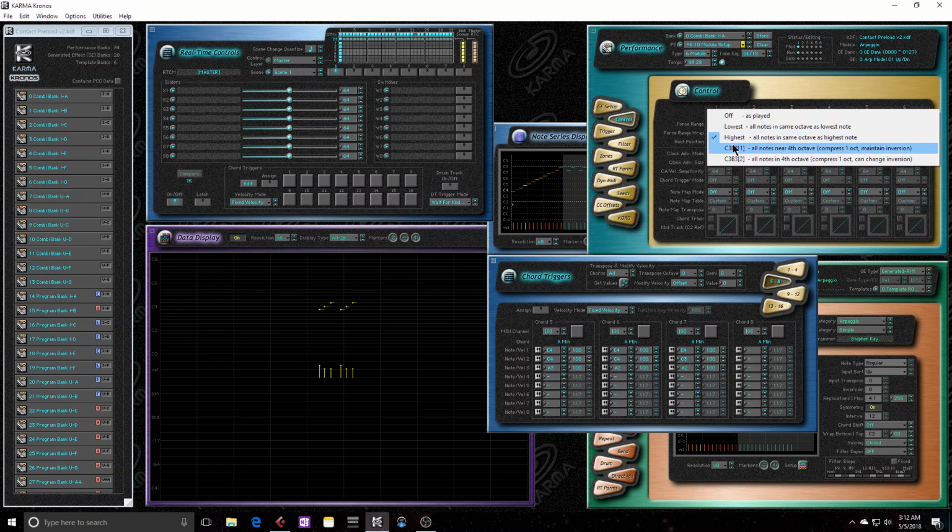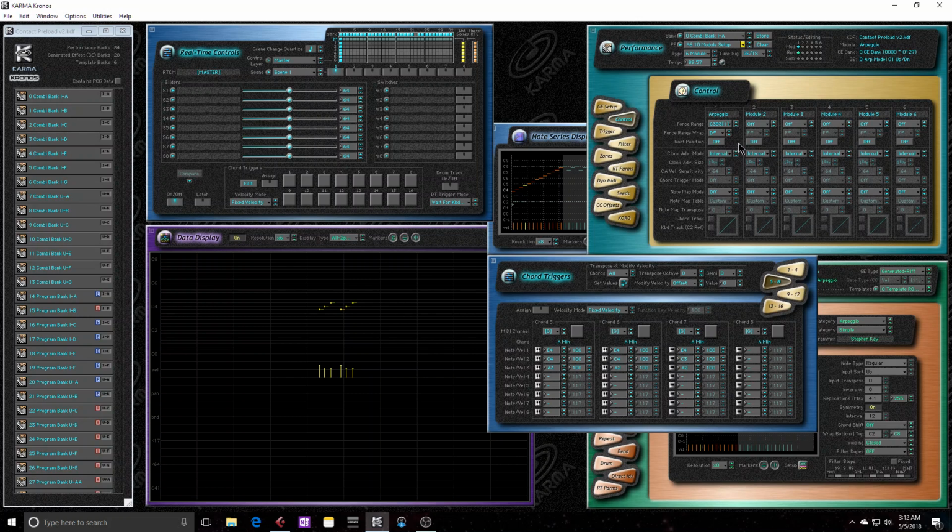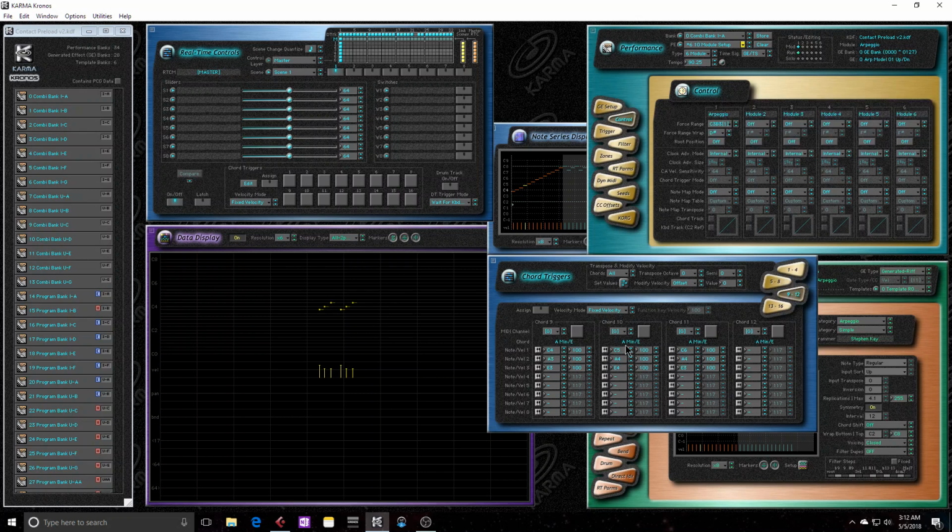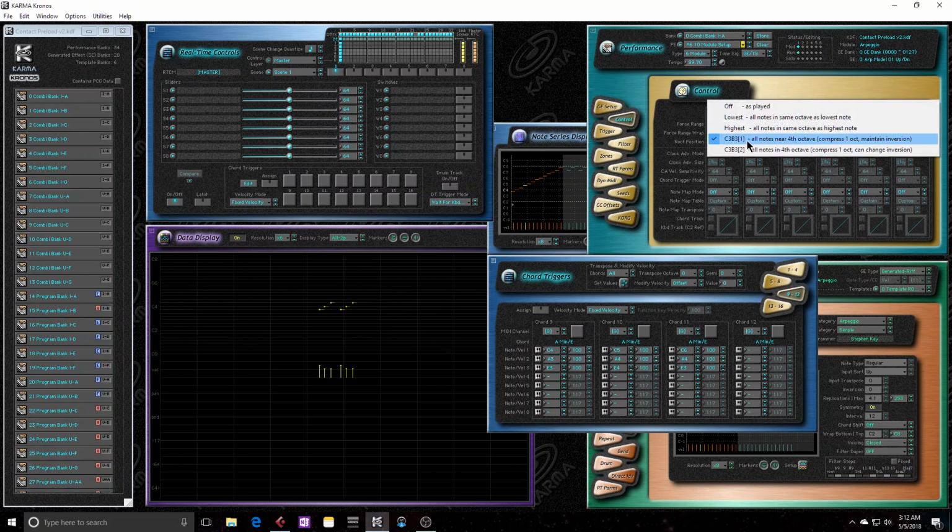The next parameter is probably the trickiest one to understand. It's the only one that uses this force range wrap parameter, and I'll explain what this does in a second, but first I'm going to explain the other parts of this. So it has this compress to 1 octave. Basically, if the notes are spread out, if you have a really open voiced chord, then it's going to compress those down into 1 octave, and then it's going to put that in the 4th octave range of the